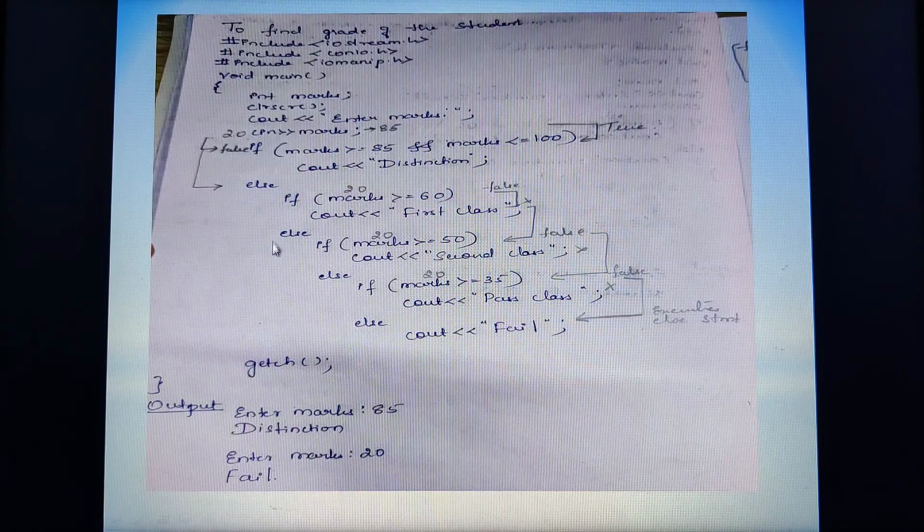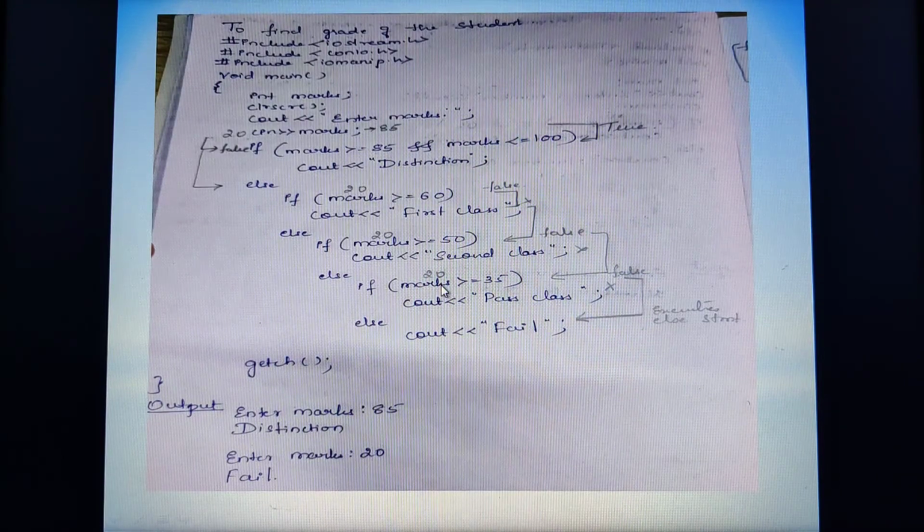When it finds the else part, it finds one more if statement there. Whether 20 is again greater than or equal to 50? No, the condition is false. Therefore, again the control jumps to the false part of the statement, and the false part will be executed. You see, whether 20 is greater than or equal to 35, here also the condition is false. Now, since none of the if conditions is satisfied, it will jump to the default statement.